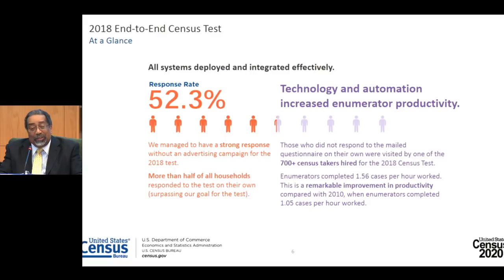But in 2020, we will also have real-time campaign optimization using social media and digital media to direct our media and increased partnership staff to the areas in which they will be most needed, and that we believe will have a strong impact on increasing our response rates. This strong combination will help us maximize self-response. We successfully deployed 3 modes of self-response: internet, phone, and paper. Those who did not respond on their own were then visited by one of the more than 700 census takers